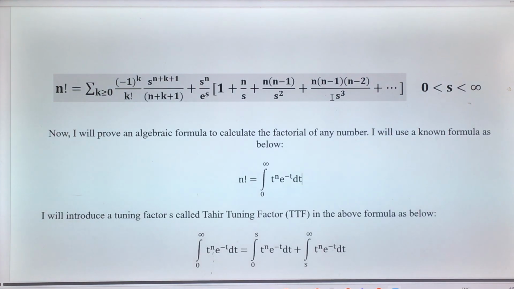Okay guys, in this video I will derive a new algebraic formula for calculating the factorial of any number, real or complex, positive, negative, whatever. Okay, the formula looks like this: n factorial is equal to blah blah blah blah, and s is greater than or equal to 0, less than infinity. Okay, so